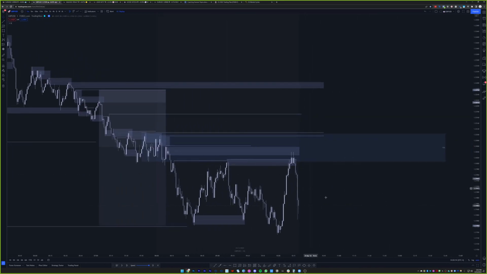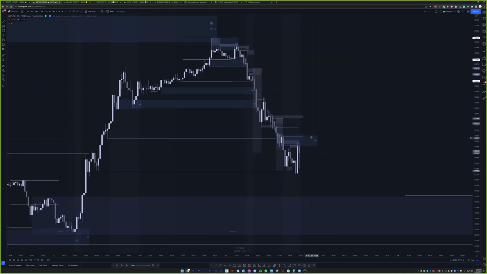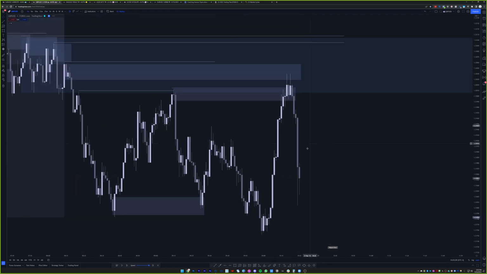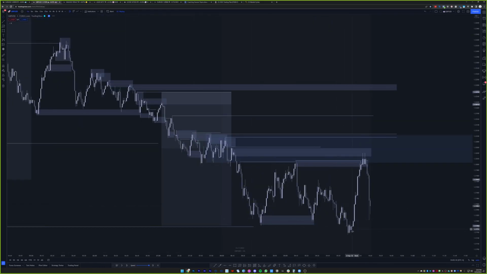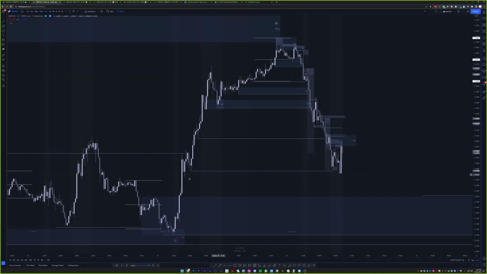My point was more so on the 1 minute though. We tapped into a 15-minute zone. That's why I marked it out. If you go to the 15 minutes and mark the zone, price is reacting to a 15-minute zone. Oh, here you're saying? Yes, on the 15 minute. It's reacting to this wick, right? Yeah, price is reacting to this. So, do you want to go counter trend when price is reacting to a 15-minute demand?